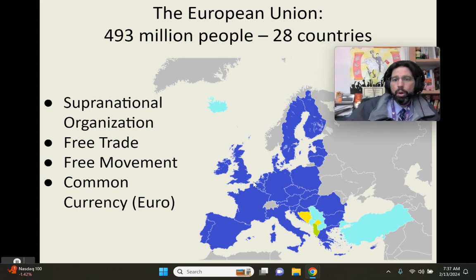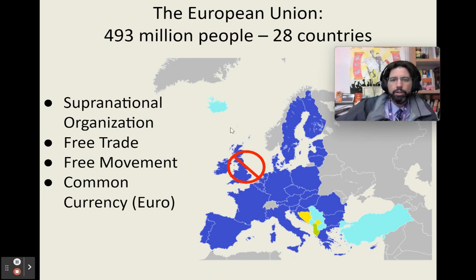It is most European countries. It is a supranational organization, so it's a collection of European countries where you had free trade and free movement between countries. You didn't need passports. Countries had a common currency, that is the euro. You also had to follow a lot of common laws and common trading policies. And the UK did not like to do that. And so the UK is no longer part of the European Union.